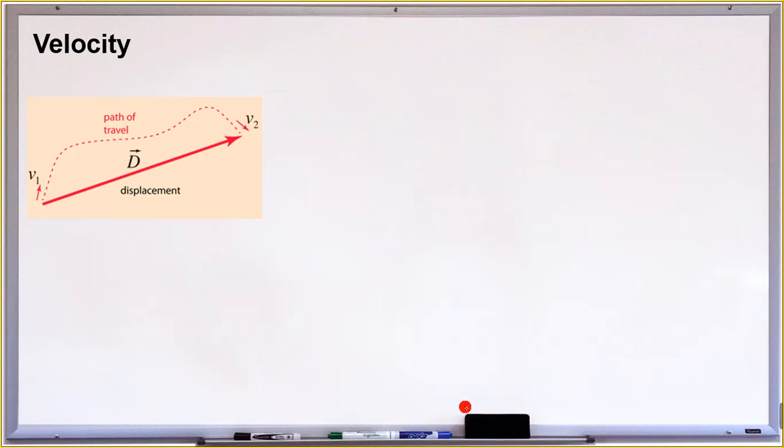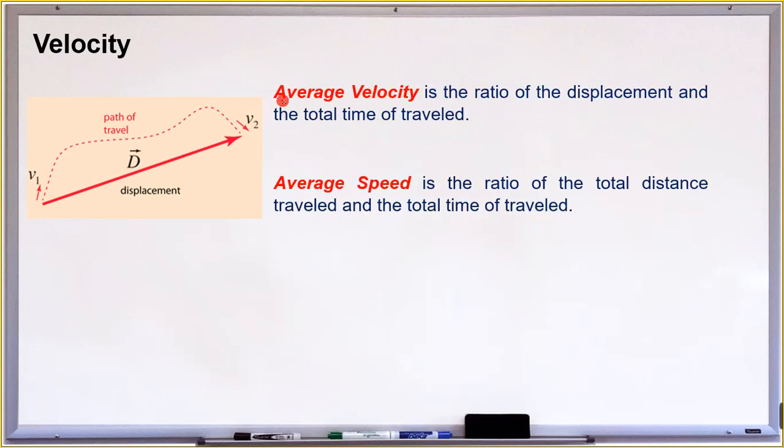Let's proceed to velocity. So again, displacement is the shortest distance. Now for velocity, we have two important concepts that students often find confusing. First is average velocity. When we say velocity, that is a vector quantity, no? So average velocity is represented by v average. That is the ratio of the displacement,